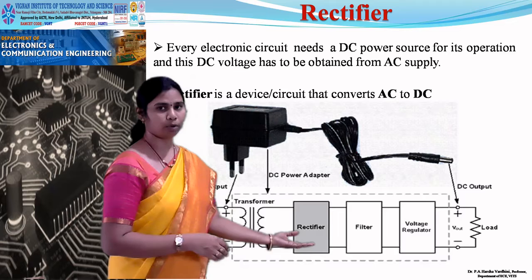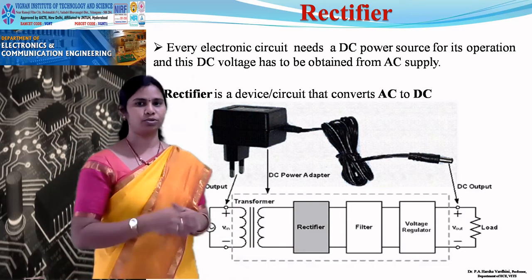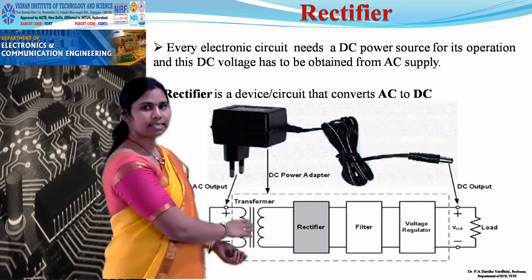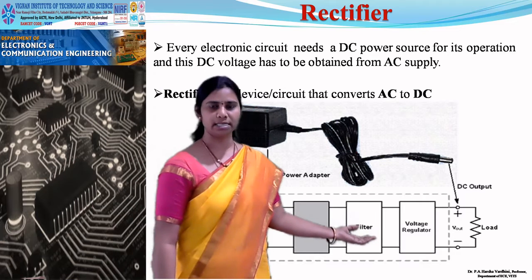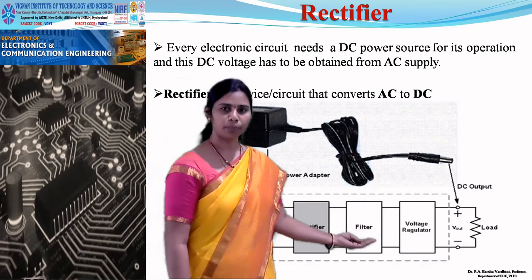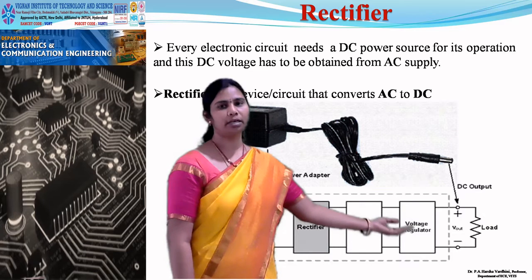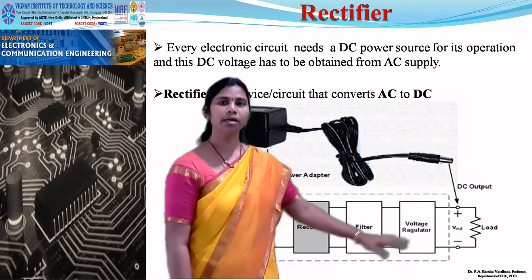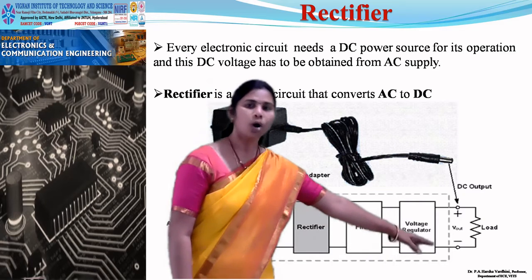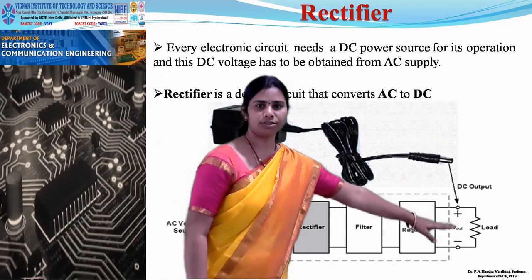What this rectifier block consists of and what components you use, we will see in the next topic. But this rectifier will take AC as an input signal and the output is a DC signal. If you are unable to get a pure DC signal, you will add some filter component which will filter out the additional ripple and you will get a DC value. Once you have got the DC value, it should be a regulated value, so you will be using a voltage regulator. All these things happen from your AC mains to charge the battery of your mobile.